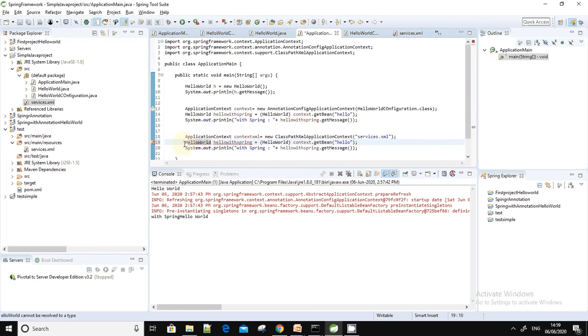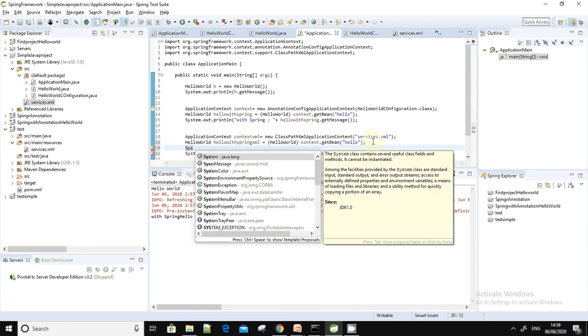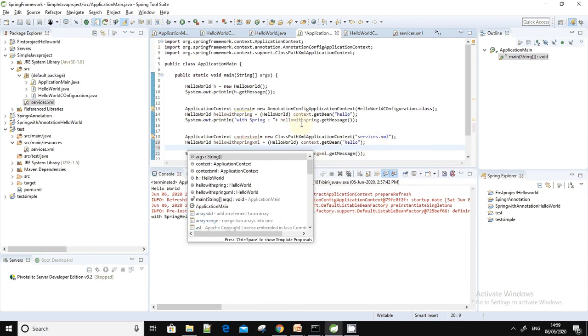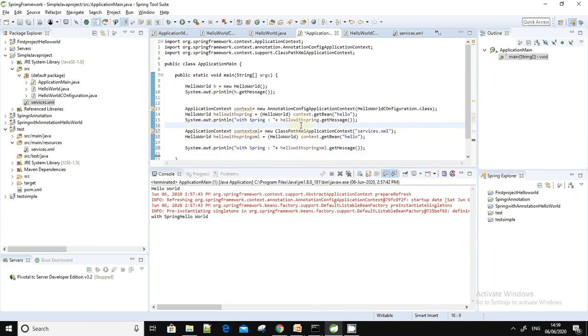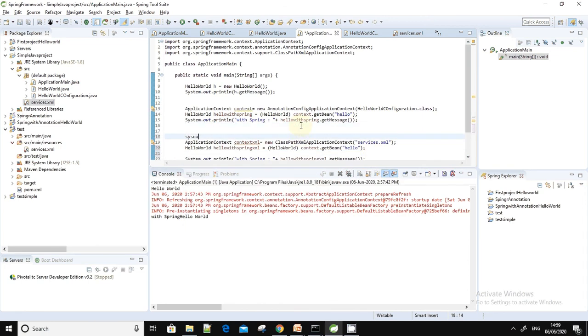So we have created this, and again we are using the hello world, the same method, context.getBean hello, hello with Spring XML. This is the class name we are using, and the same will be printed here. I'm adding one more sys out here to make a difference between them, where I print simply a hash, so this can be differentiated.